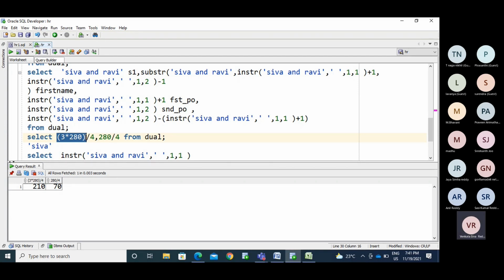Else, first I need to perform the division and do the multiplication later after dividing the value. To prioritize that, you need to put the brackets. If you put the brackets like this, it performs this action first and does the multiplication later.